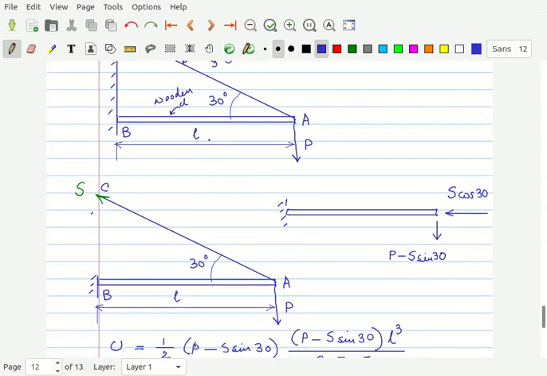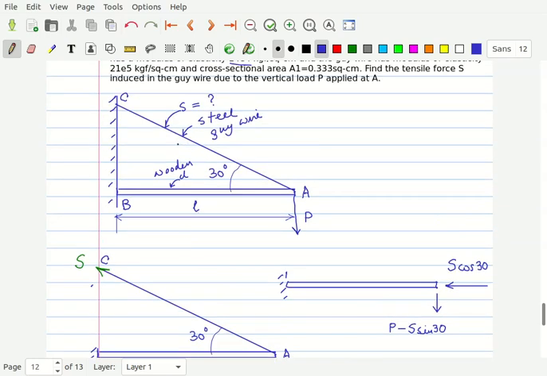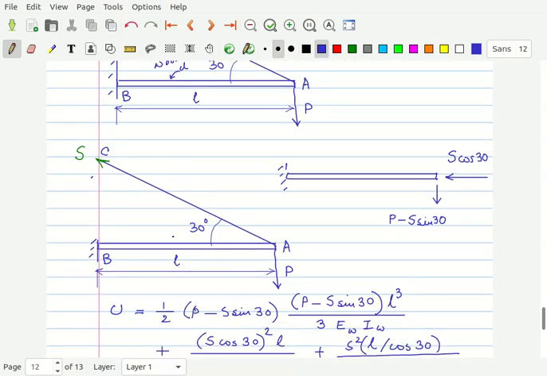So again, this is a statically indeterminate problem. So what we do, we just cut the wire here just at point C from the support and we show the force S. So if this is the force in the guy wire, then